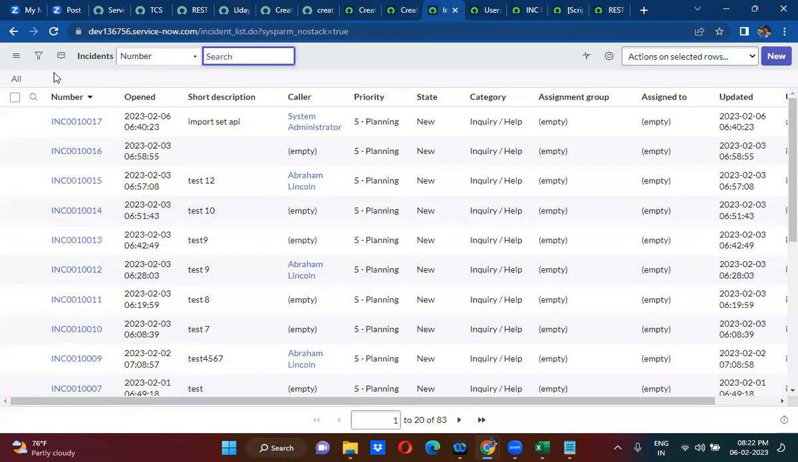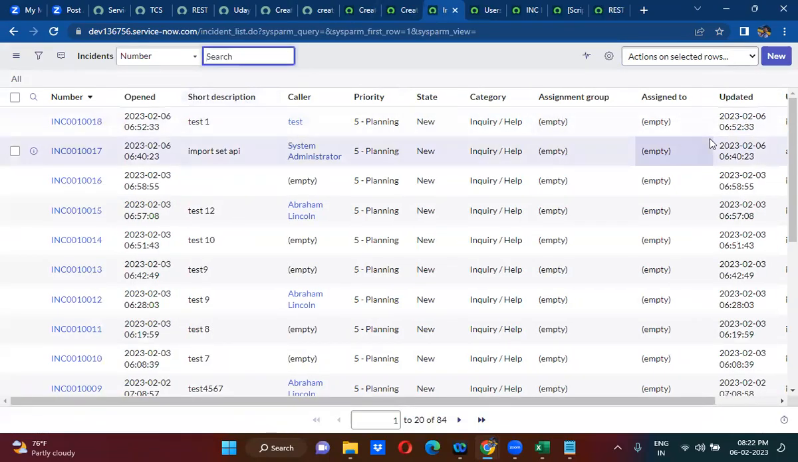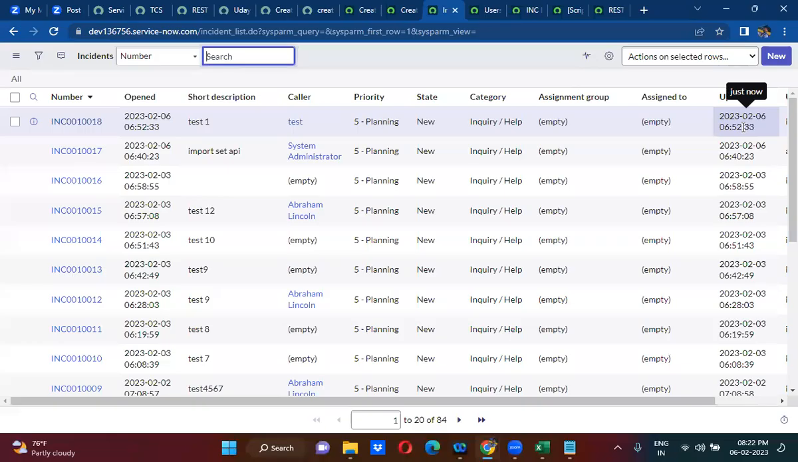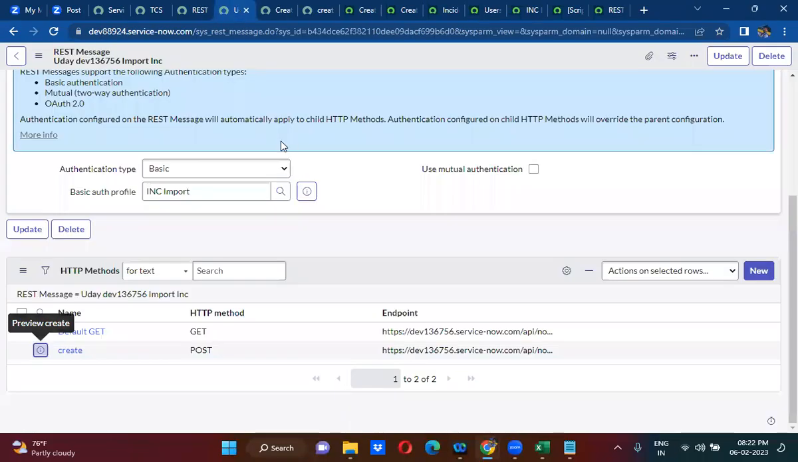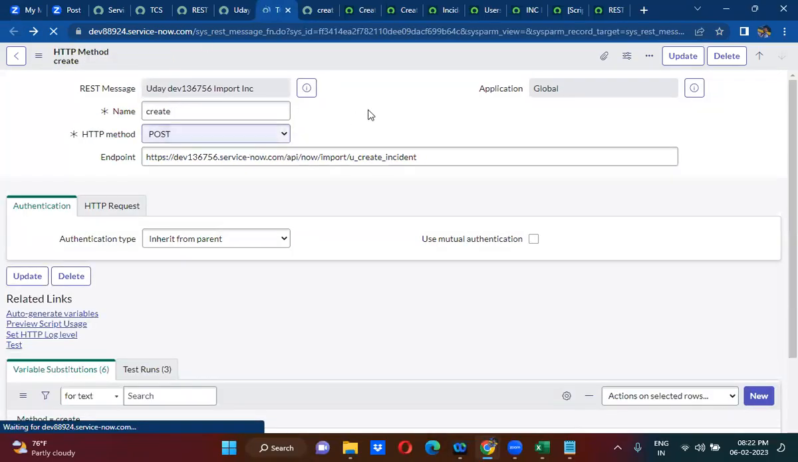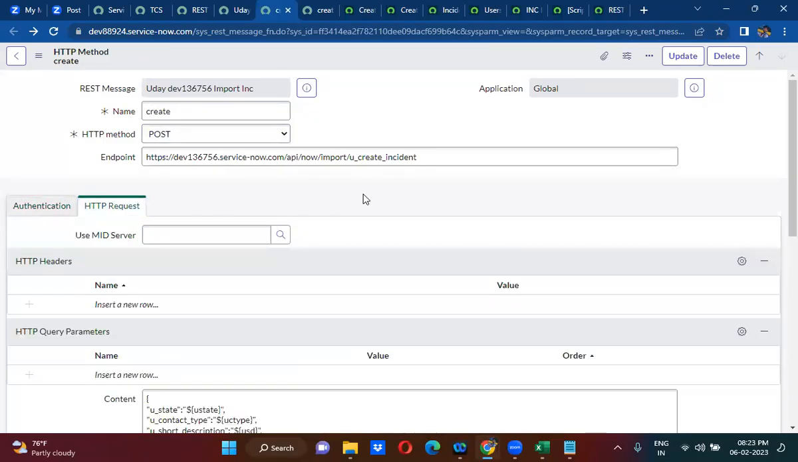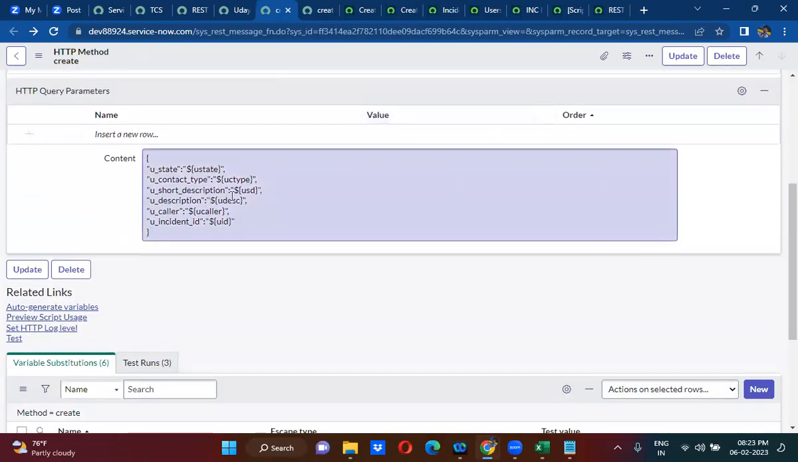this system. It would have created a record on the system here. Test one. A record is created here. So here we have created a REST message. In the REST message, we have created an HTTP method called create. Inside that create HTTP method, we are passing the content. Here we have made this content dynamic. So what I am going to do, I am going to trigger this REST message and HTTP method from